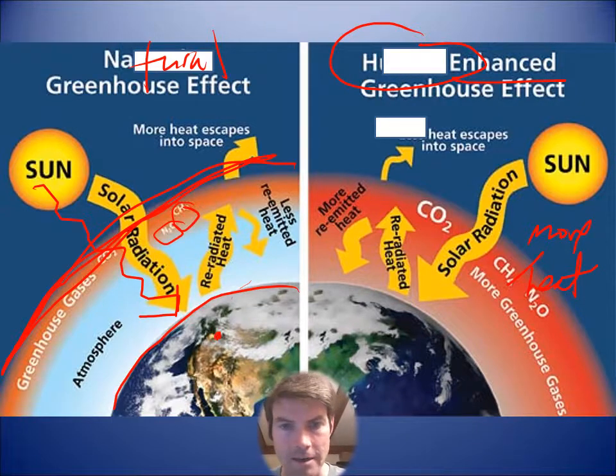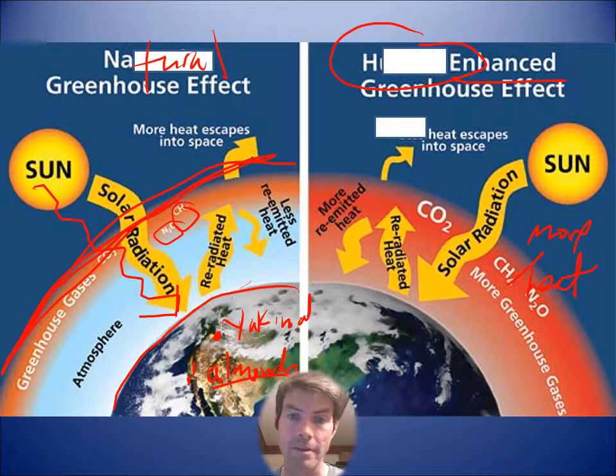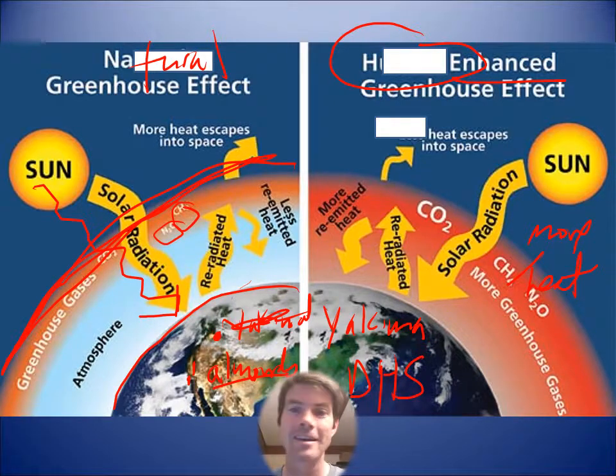Right about here is Yakima, where I'm from. This is Long Beach here. And the Central Valley area, these almonds, great place to grow almonds because of the warmth. Guess where they're starting to grow almonds now? You guessed it, up in Yakima. Davis High School, DHS, my alma mater. They're growing almonds up in Yakima now because it's warmer and it doesn't freeze as much. So that's kind of freaky for me.